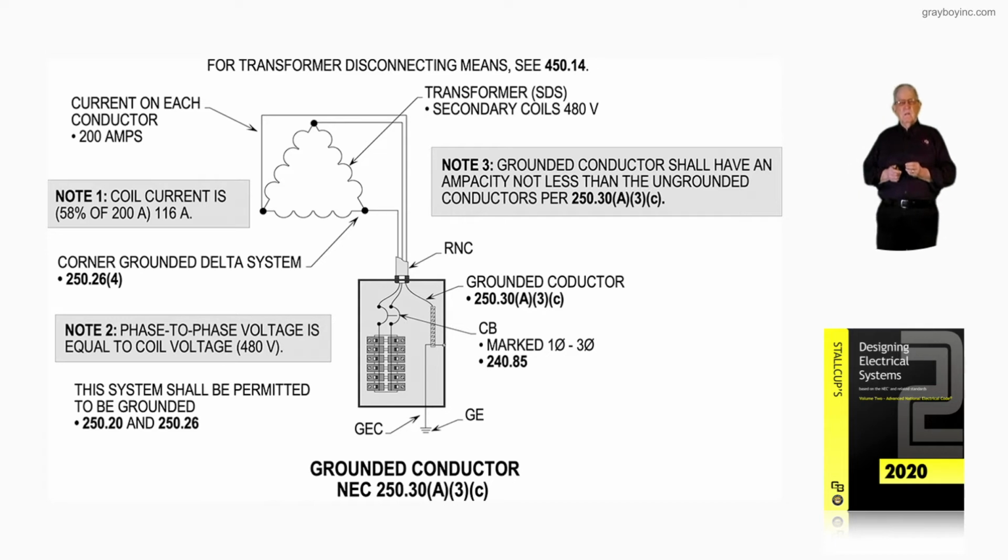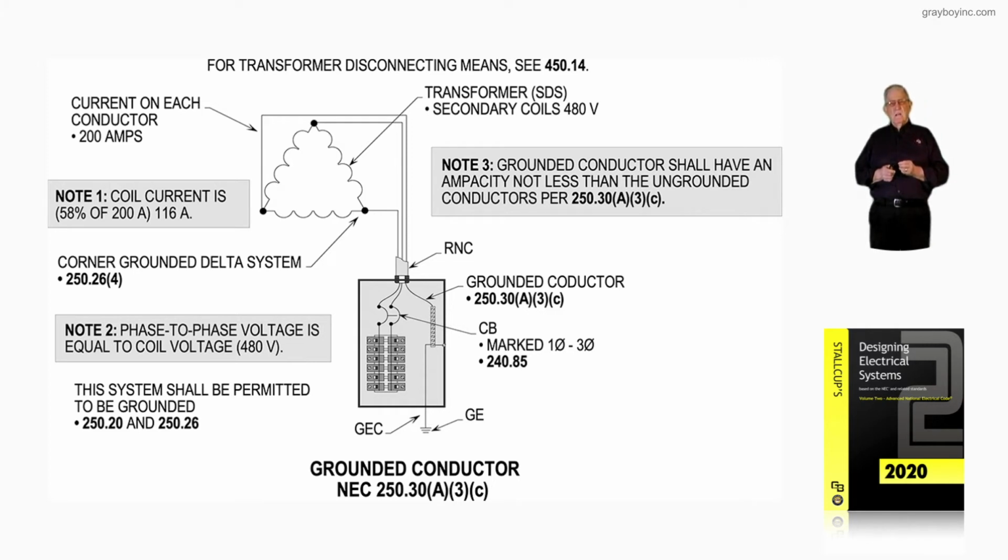current would be 116 amps. But in note 2, the phase-to-phase voltage is also going to be your winding voltage. So if you had 480 volt phase-to-phase, you're going to have 480 volts in the windings of this delta connected system. Note 3 says the grounded conductor shall have an ampacity not less than the ungrounded conductors as required in